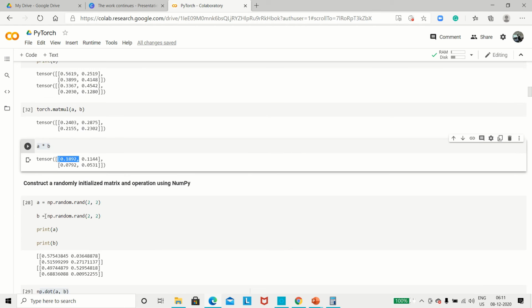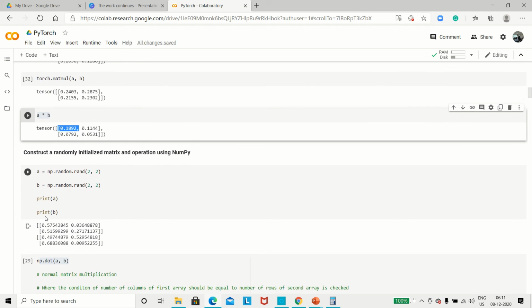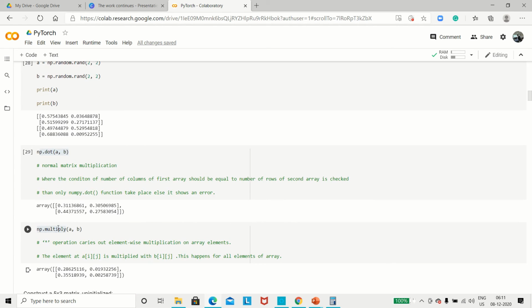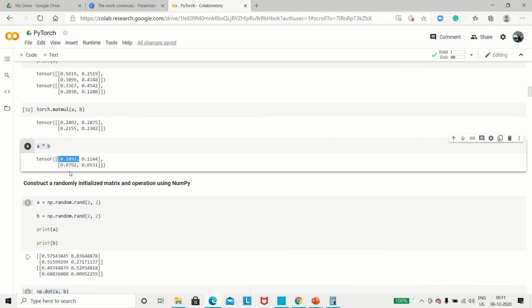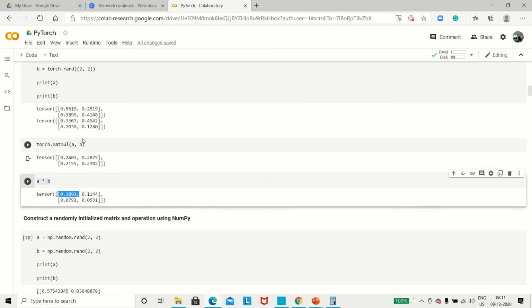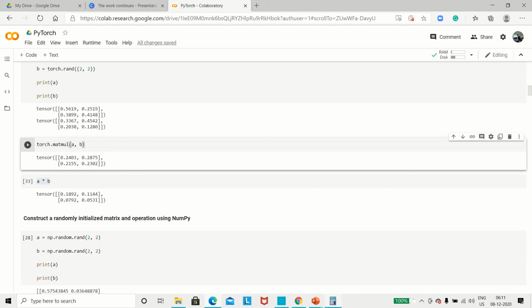So the star command just functions like np.multiply. The way np.multiply was giving us the result in the form of element wise multiplication, similarly, when you want to do it using torch, you have to simply use the star command. But if you want to do normal matrix multiplication, then you have to use matmul.